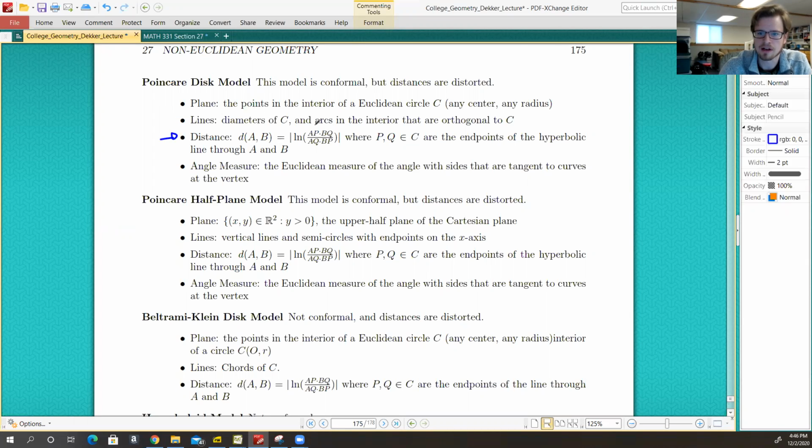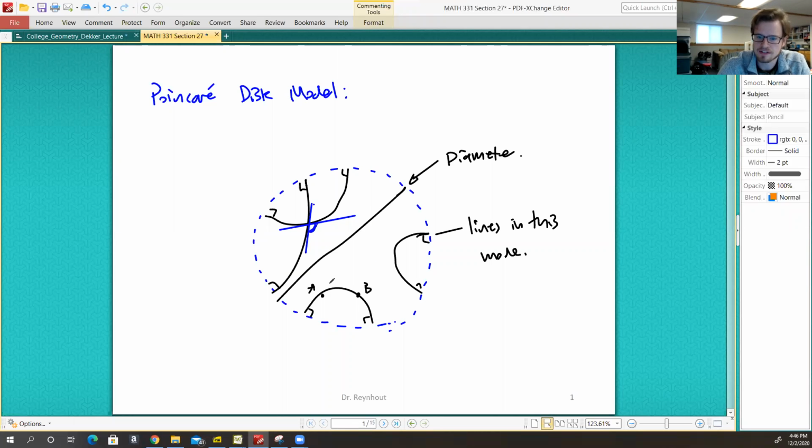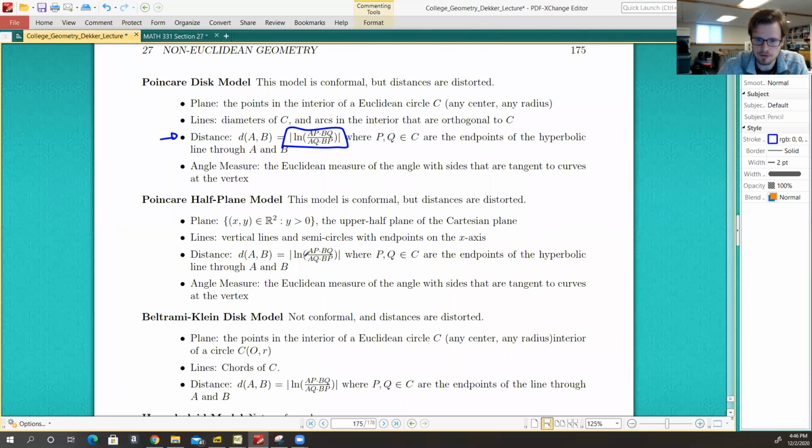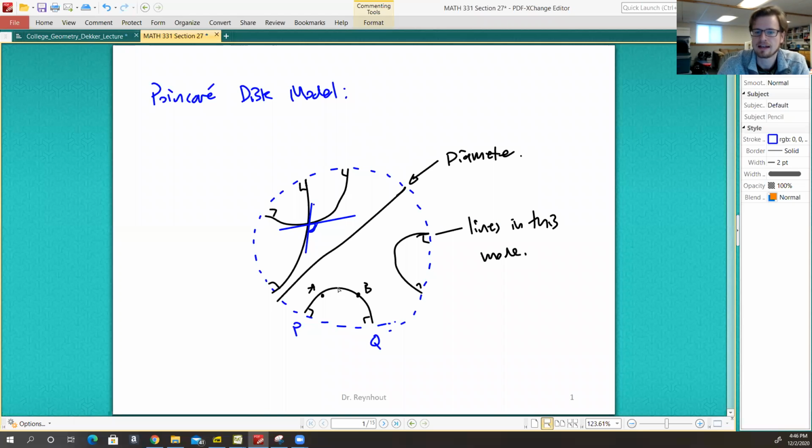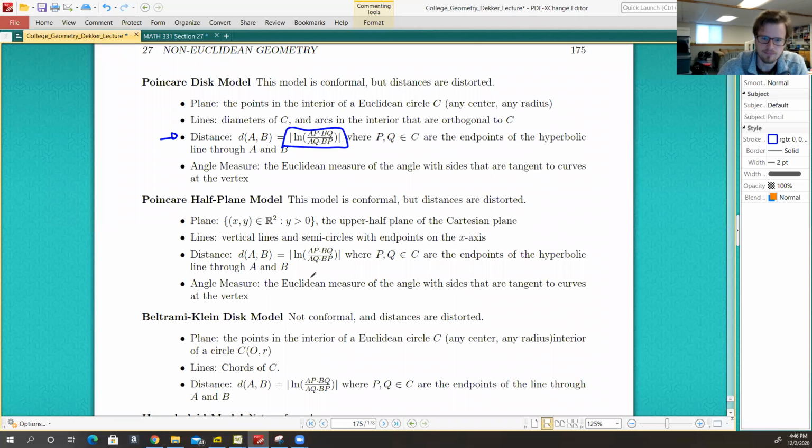And that is highlighted in how distance is calculated. I'm not going to worry about the distances, but the point is that if we were to consider this line with endpoints P and Q, then you could calculate the distance based on, I believe, the Euclidean distances between these points, plugging those values into the natural logarithm, and the output you get is the distance between the points in this particular model. All right, so then we also have the Poincaré half-plane model, which has essentially the same collection